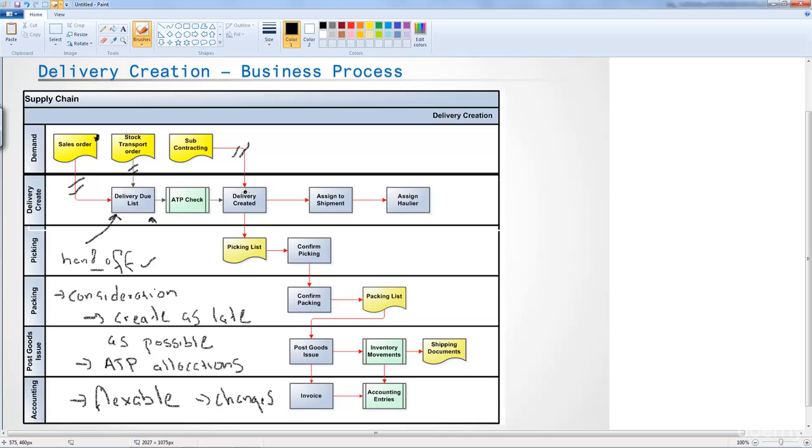We'll also see in the next lectures how the subcontracting is actually not created via the standard SAP due list, it's via a different transaction. Now, in this video, we will not be seeing how we create a delivery via subcontracting in detail. There is a separate video for the subcontracting process itself. But just for now, we're going to look at the sales order and the stock transport orders and how we create deliveries via the delivery due list. As I mentioned before, the subcontracting obviously is a different transaction,